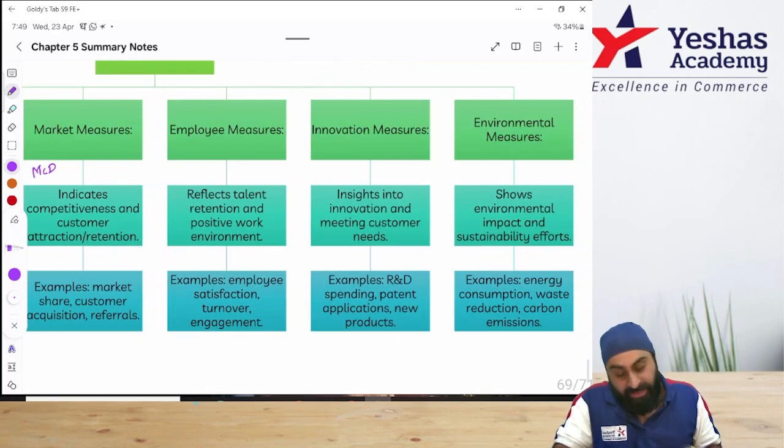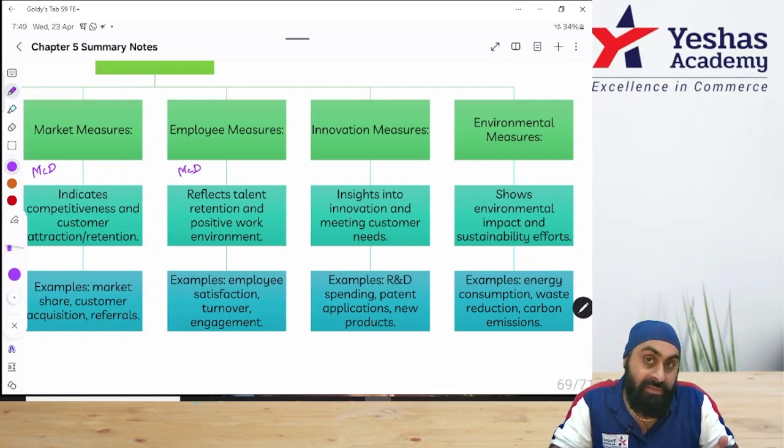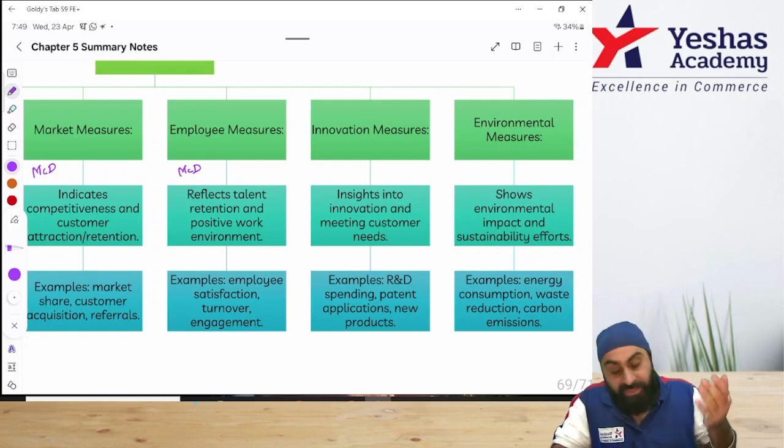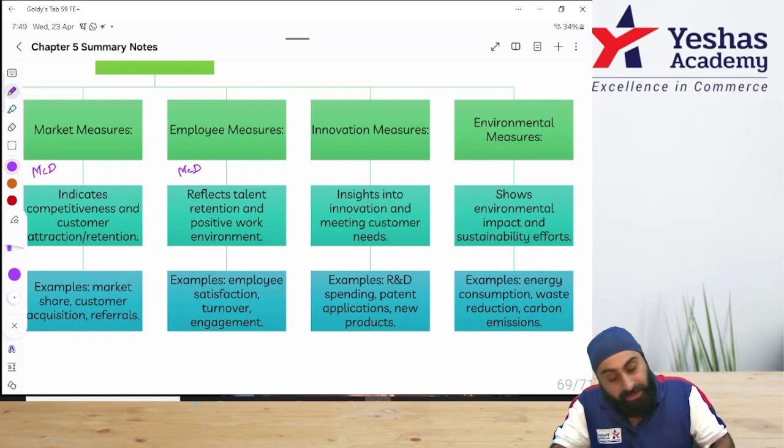Employee measures. If a person is working at Burger King versus McDonald's, I think a McDonald's employee would be more satisfied working there than in Burger King, because McDonald's has its own reputation which can be cherished or enjoyed by the employee. Innovative measures, being innovative in the product,